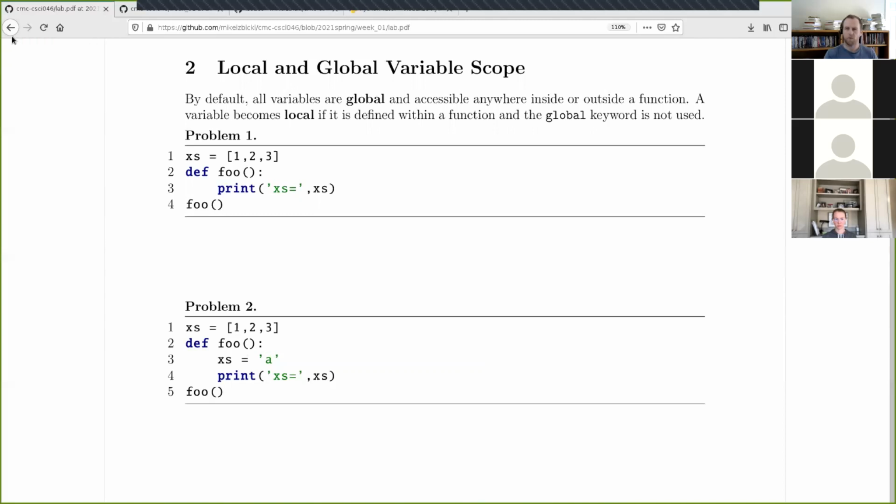Let's see, before going on to the content of the lab, are there any questions about the mechanics of it and what to do, what to submit? Okay, then